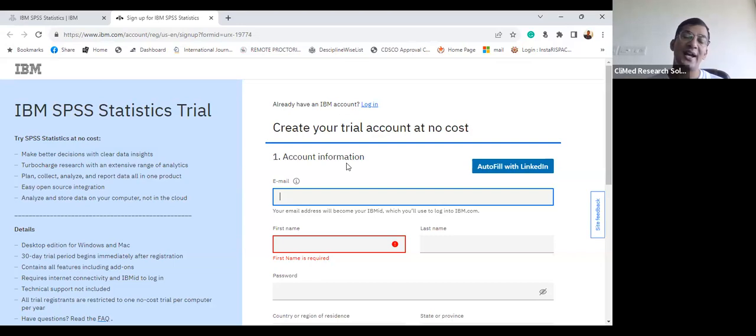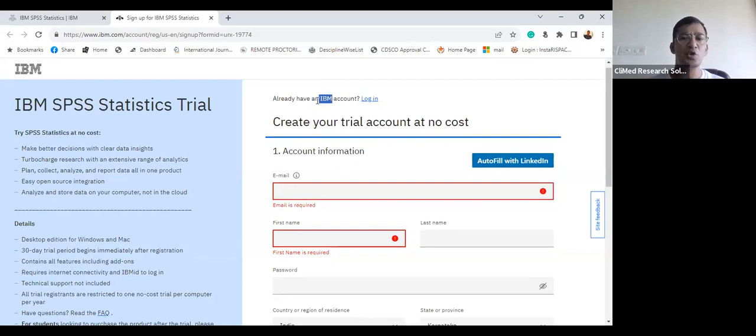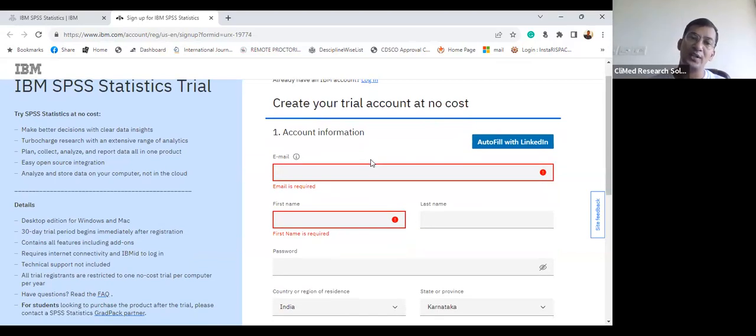uninstall the software, and I will log in with another email ID. I will create another IBM ID. No problem at all. I can create the new IBM ID. But when I'm downloading, the software will not be installed, or if it is installed, it will not open at all, because there is already a spyware in my computer from the first trial version, and that spyware will detect immediately that your trial version is over and you are trying on this computer again with some new ID. So that spyware will not allow your computer to get another trial version for 12 months. Remember this, one trial version in one computer will be allowed only,